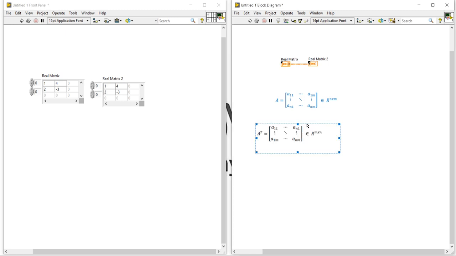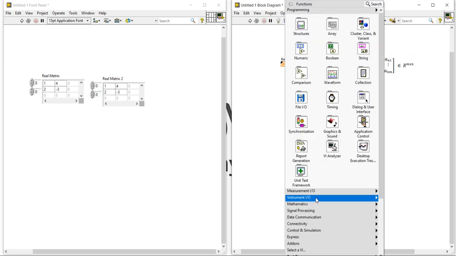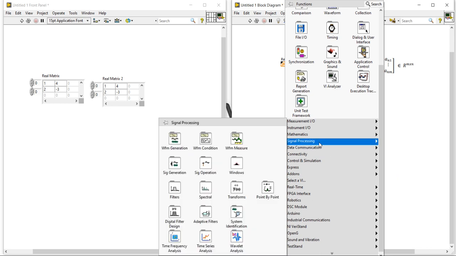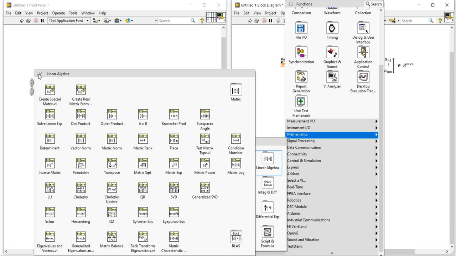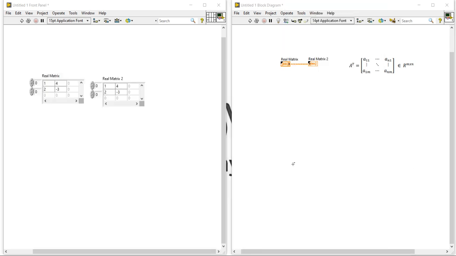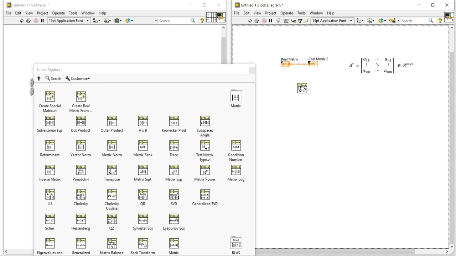The transpose of a matrix looks like this. For that, right click here, come into Mathematics, Linear Algebra, and let's search for that function. Search for Transpose. Look at here, the function is here. You can take it here and connect.